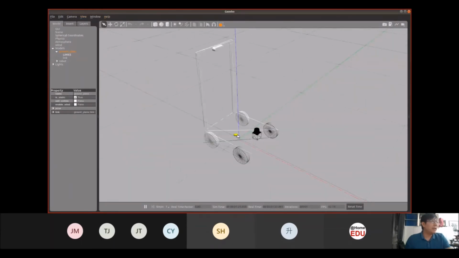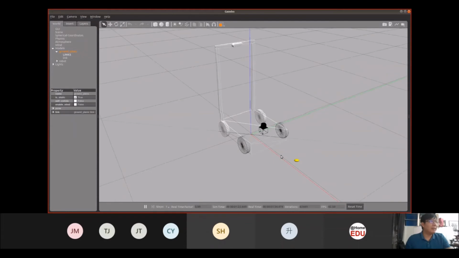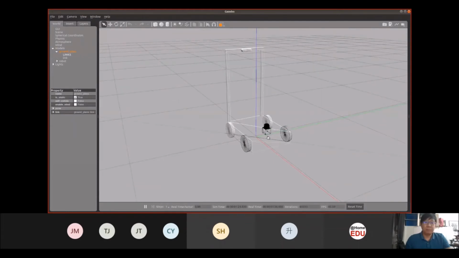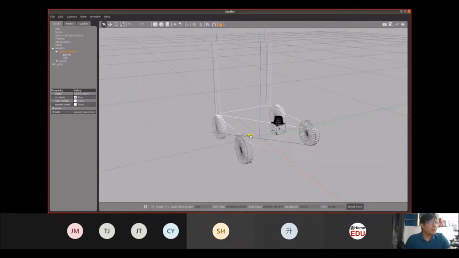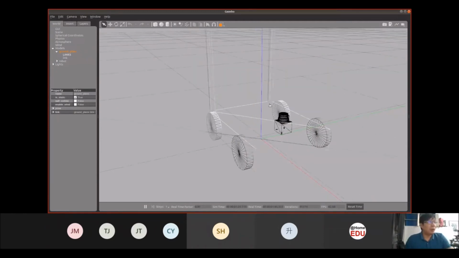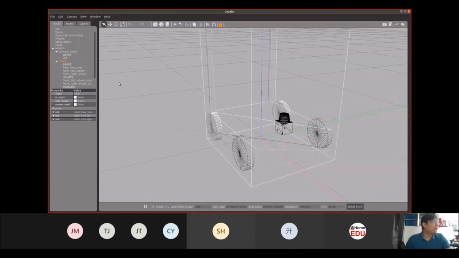If you look at the robot itself, it is just a description of different shapes. For our robot over here, you can see that at the bottom, you will have one rectangular base. This is our base, or the body of the robot. Then we have 4 wheels.